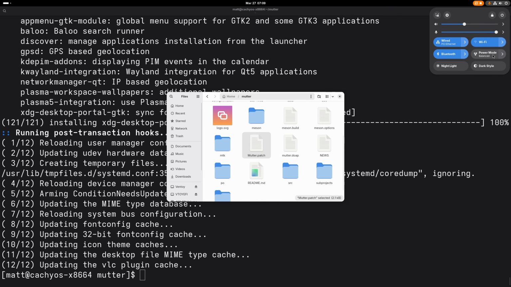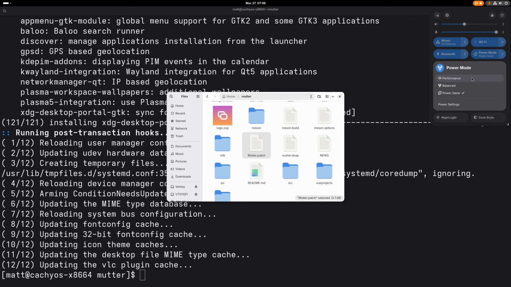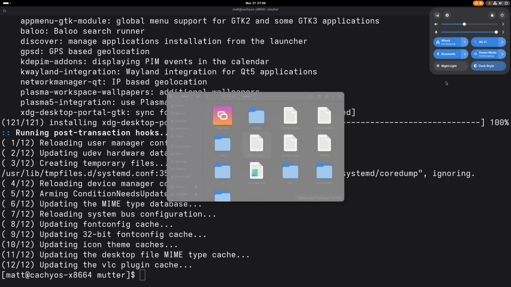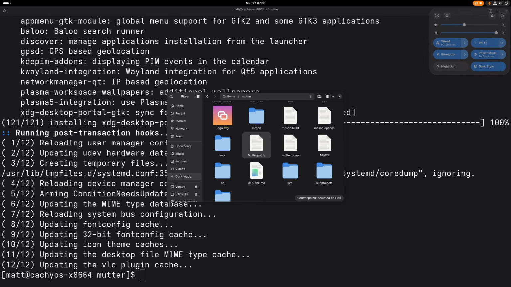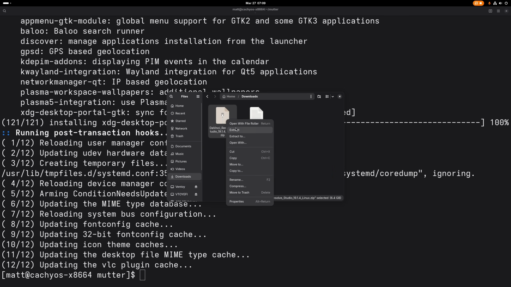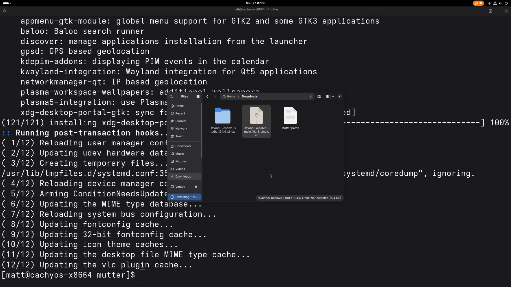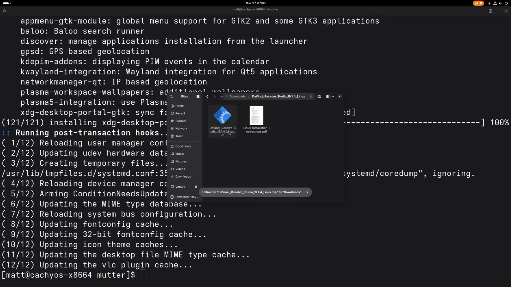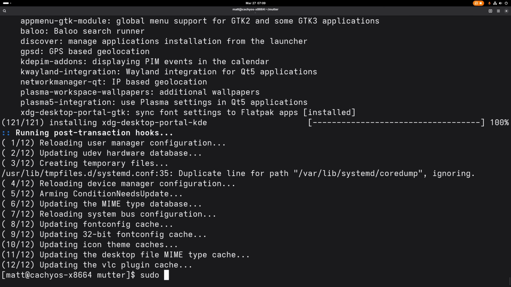Now, first things first. This is annoying. I'm going to put this on. I'm going to go to Documents, Extract. And it's extracted. We are going to do sudo pacman